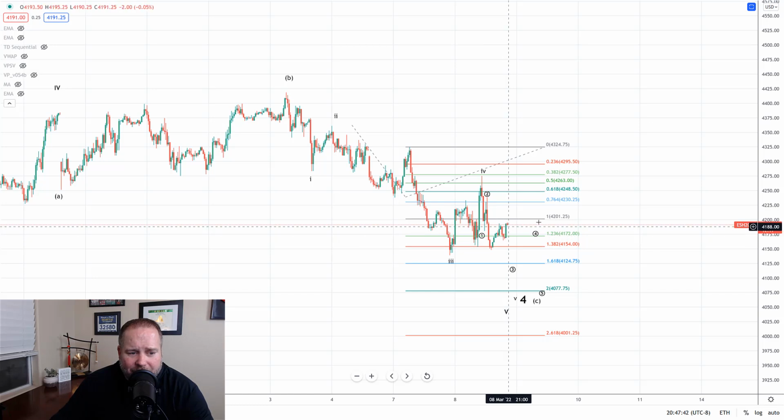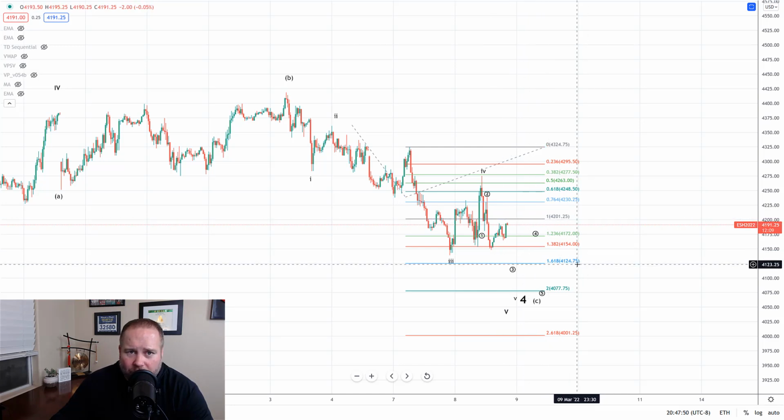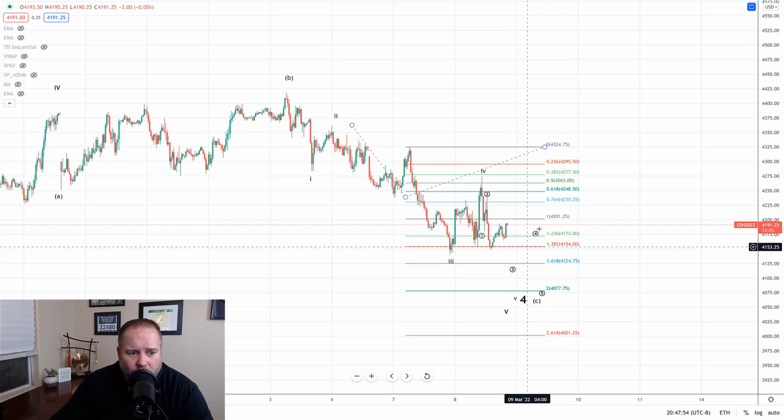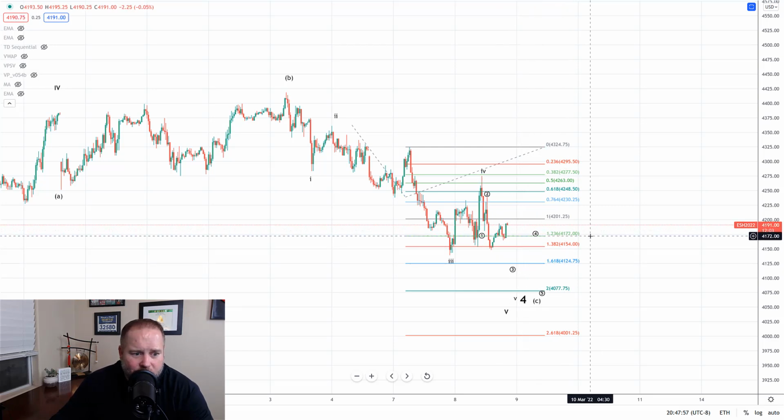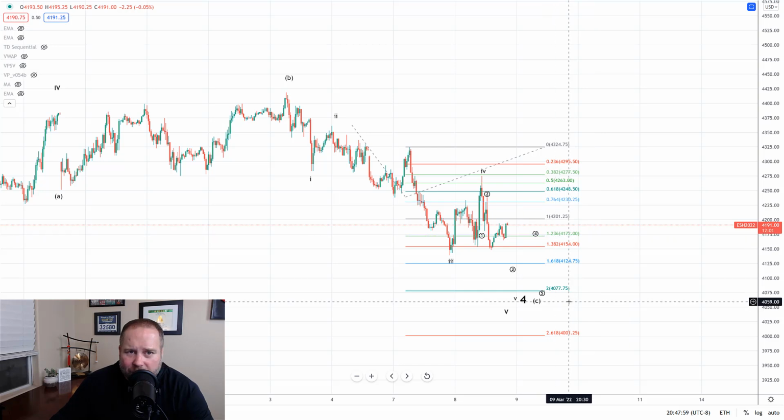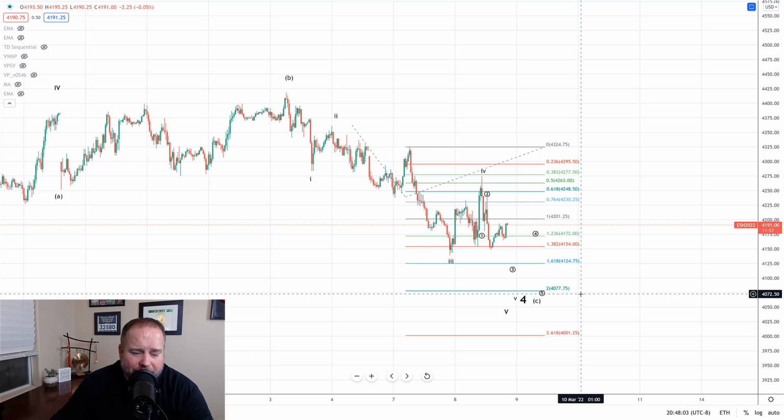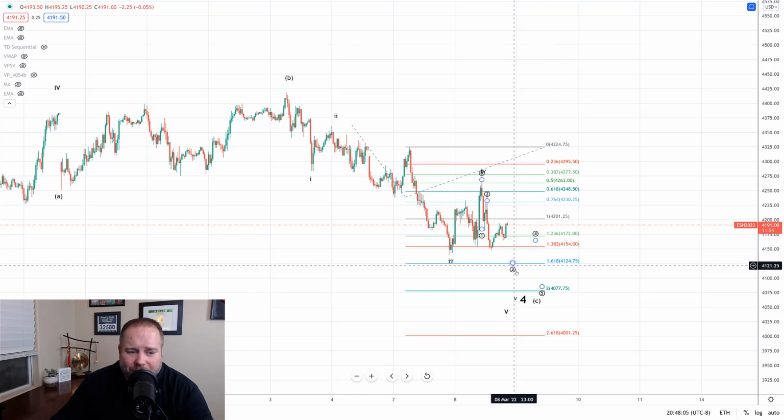and now it looks like it's bouncing up for 4 of 3 back towards the 1.0 at 4200 in an ABC structure, which we would expect. Then we would complete wave 3 down here around 4124. From there, we would look for a wave 4 bounce up to the 4172 area, and then finally complete wave 5 down to 4077 or even as low as 4000,